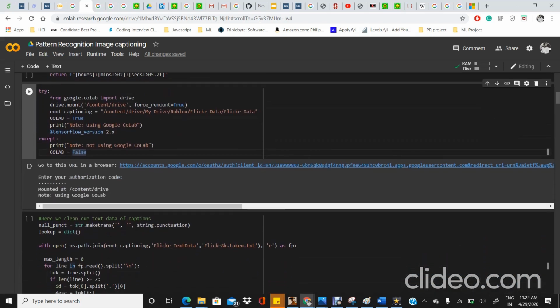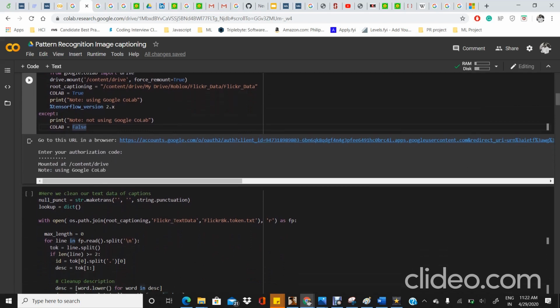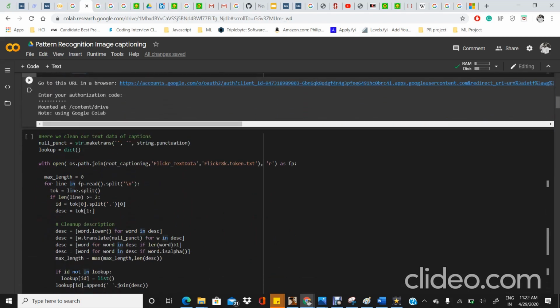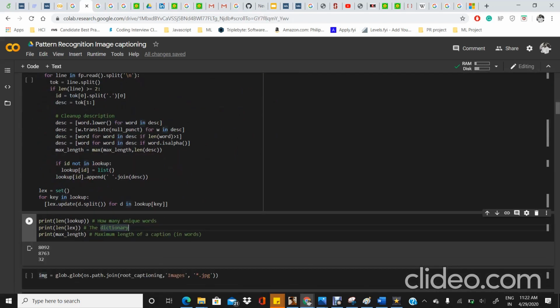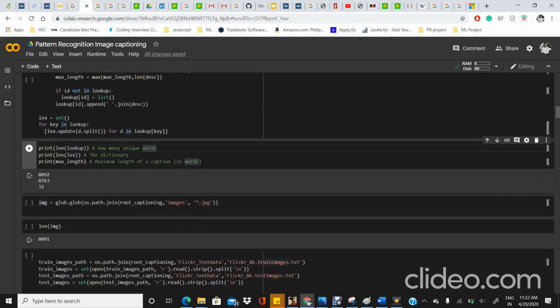We now proceed with cleaning our dataset. Our dataset has at least 8,000 images and captions, and each image has 5 captions related to it. For cleaning the captions, we convert all the text to lowercase. We remove all the words which are very short and remove the words which do not have any alphanumeric characters in them. After performing this cleaning, we can see how many unique words there are and what the length of the dictionary that we have just made is.